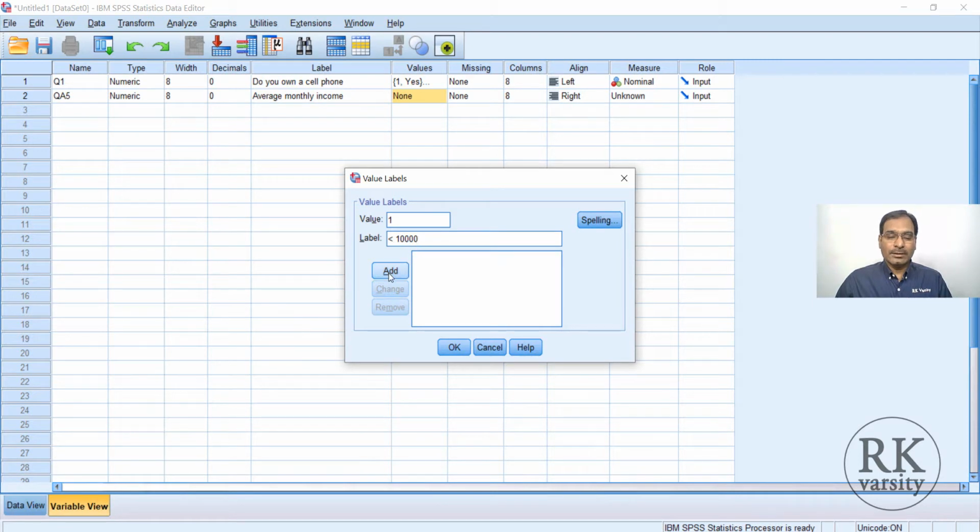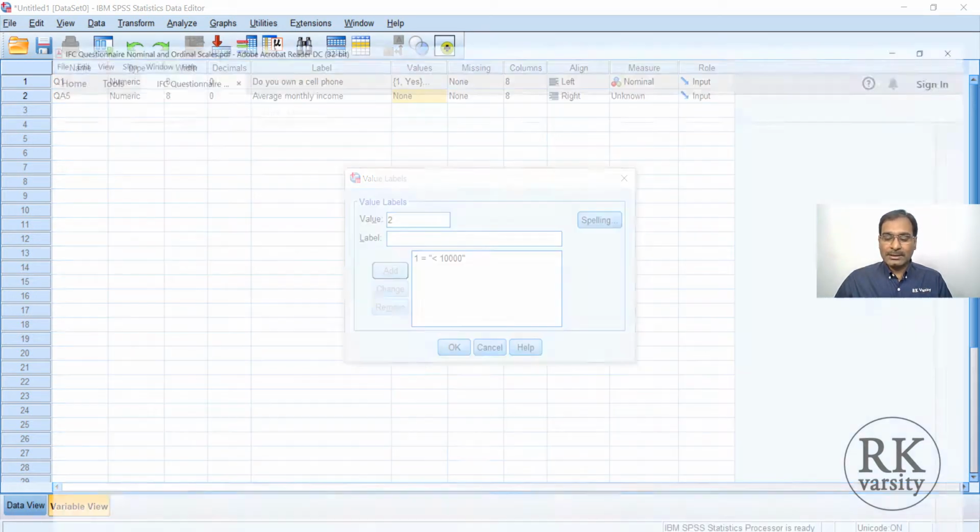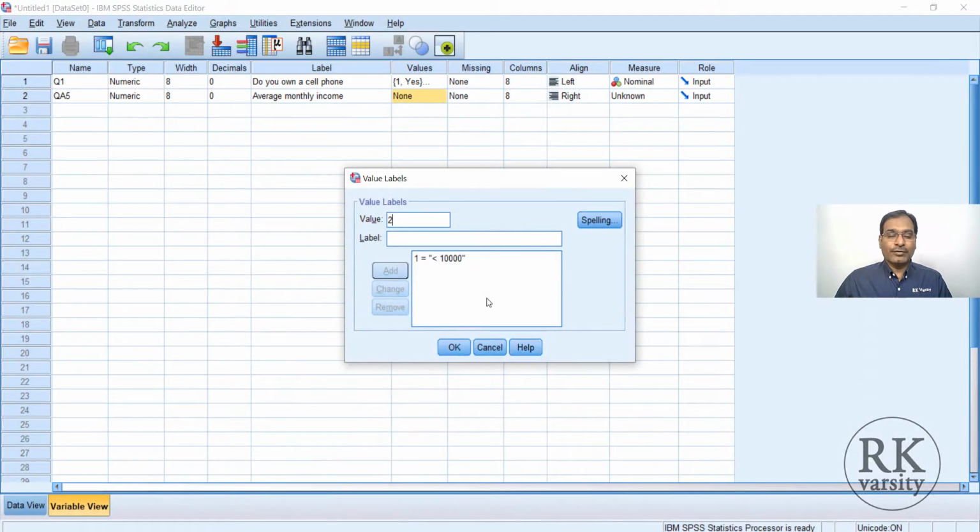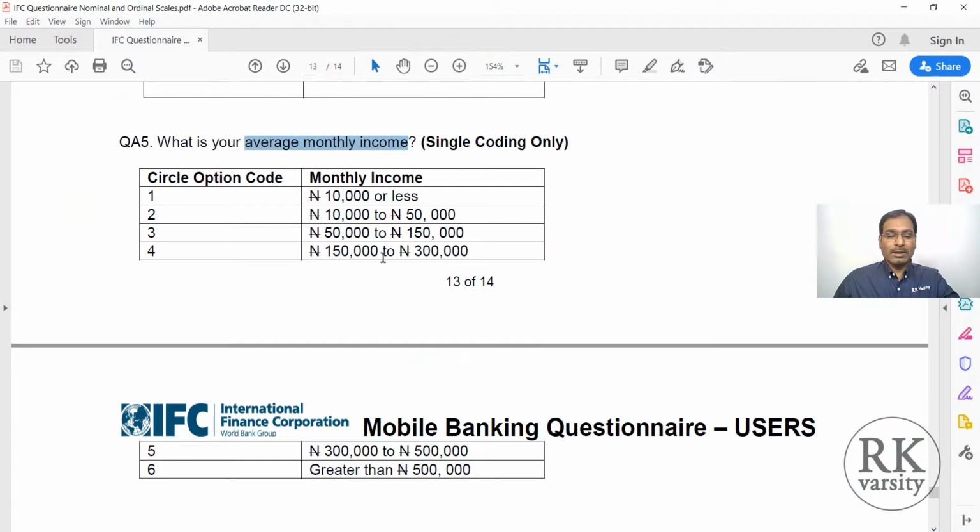10,000, add, second is 2, then 10 to 50. So 10,000 to 50,000, and click add, then 3, 50,000 to 150,000, then click add, then 4, here 150,000 to 300,000.